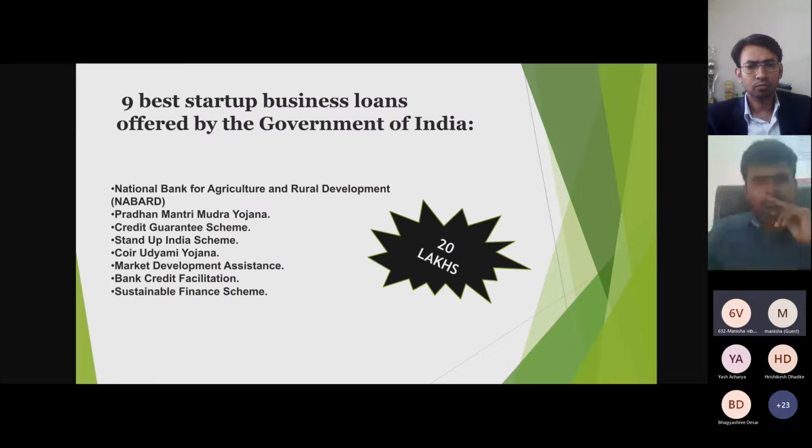So these are the 9 best startup business loans offered by the government of India, which have been listed over here, and the survey is yet to be done. The amount given is approximately 15 to 20 lakhs for the startup. And when we are talking about marketing strategies, the main strategy is that everyone advertises for it,